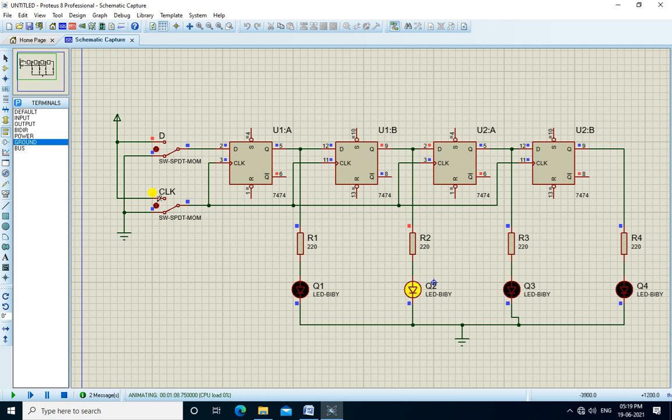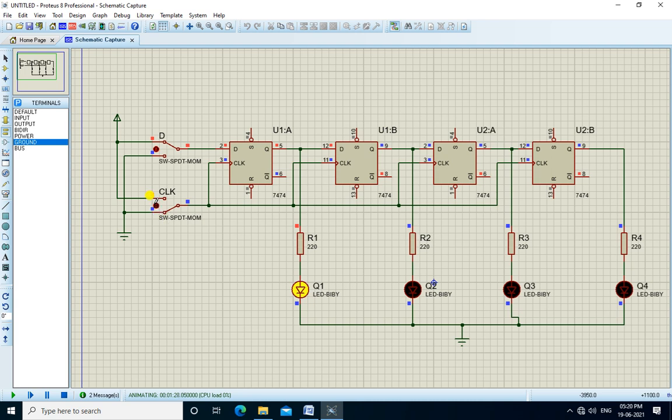Similarly, if we give the clock pulses, Q2 is shifted to Q3, Q3 is shifted to Q4. Again, if we give the data high here, that is 1 to the input, this one is shifted to Q1, this 0 is shifted here to Q2, the 0 of Q2 is shifted to Q3 and 0 of Q3 is shifted to Q4. So new data will be 1000. Let's check out. Okay.